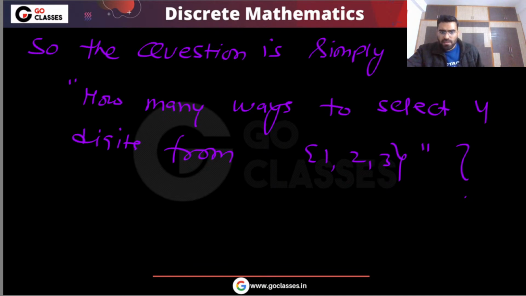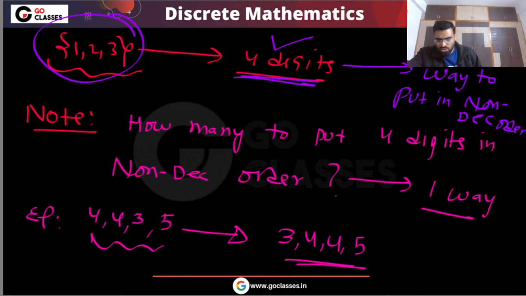Can you notice what I am saying? Did you understand this question? Anyone has any doubt in this question? See, the question is saying that this is your set 1, 2, 3. From this set, you select four digits. Once you select four digits, there is only one way to put them in